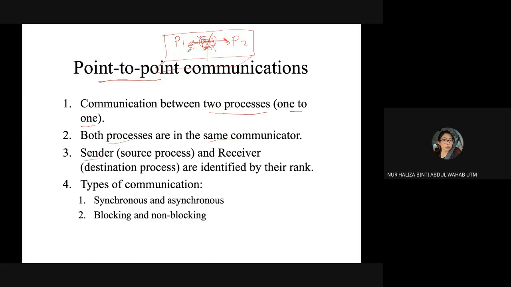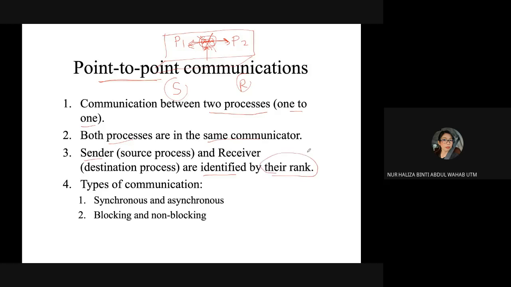Maybe your P1 is the sender and your P2 is the receiver. You need to define the sender and receiver. Who is the sender and who is the receiver will be identified by their rank.